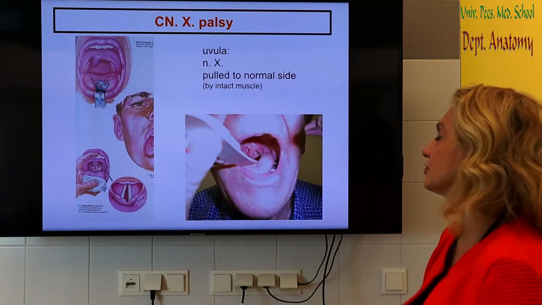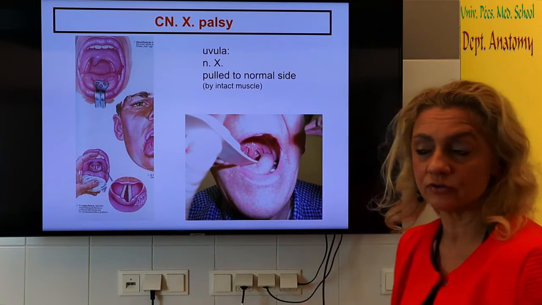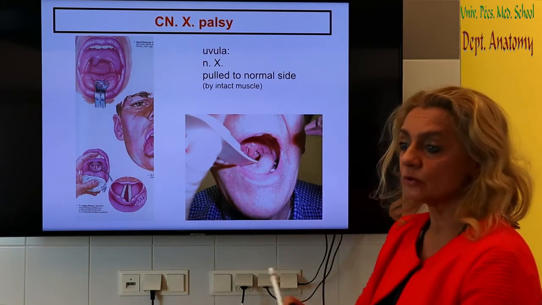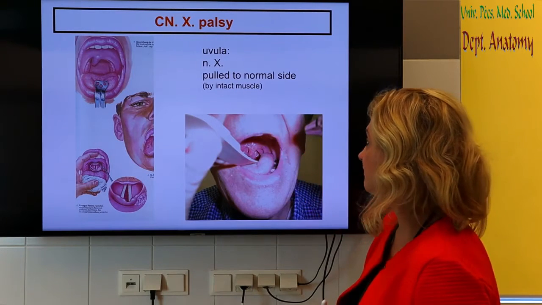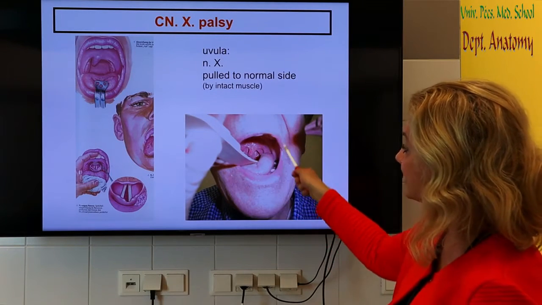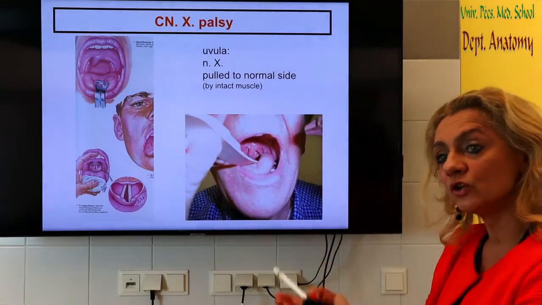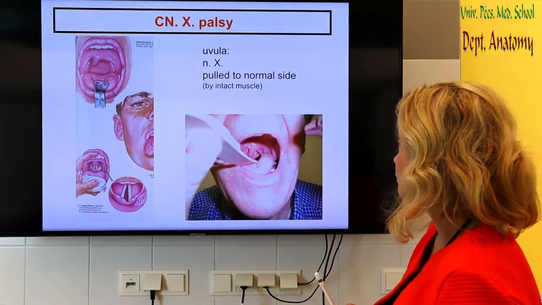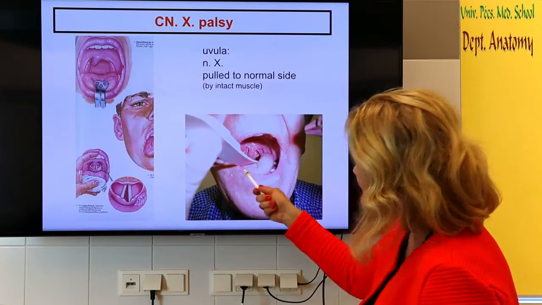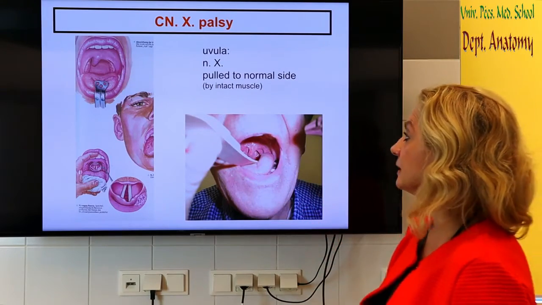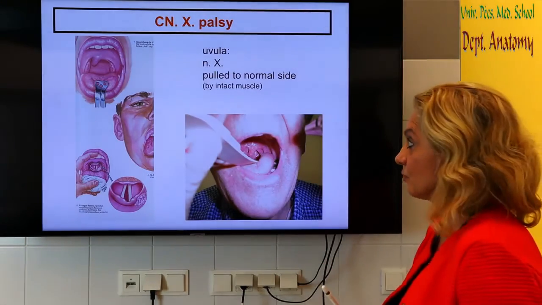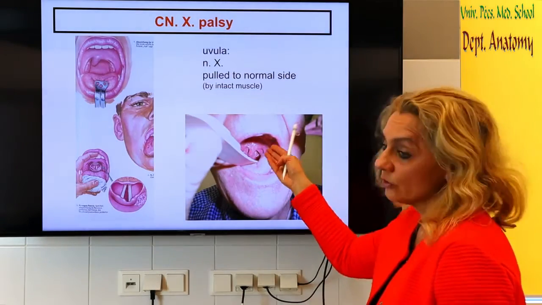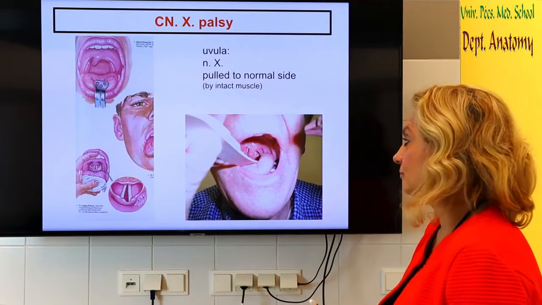The other such nerve which receives unilateral innervation, supranuclear innervation, is the uvulary muscle innervated by the vagus nerve. Here you can see that it's diagnostically important, because when you look into the patient's throat, you can see the asymmetry of the uvula and the soft palate. So it has a diagnostic importance. Not so much the loss of the uvulary muscle is important, but the